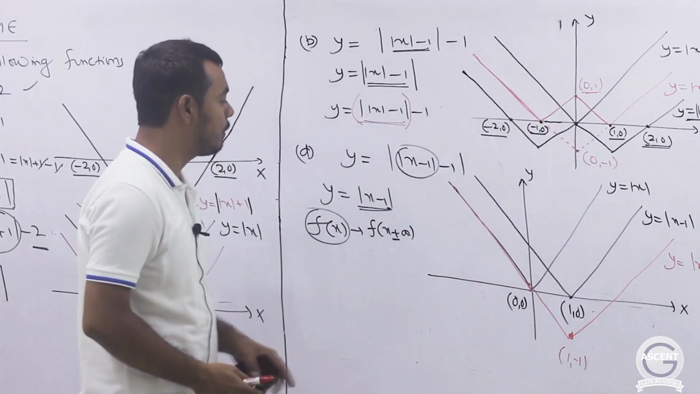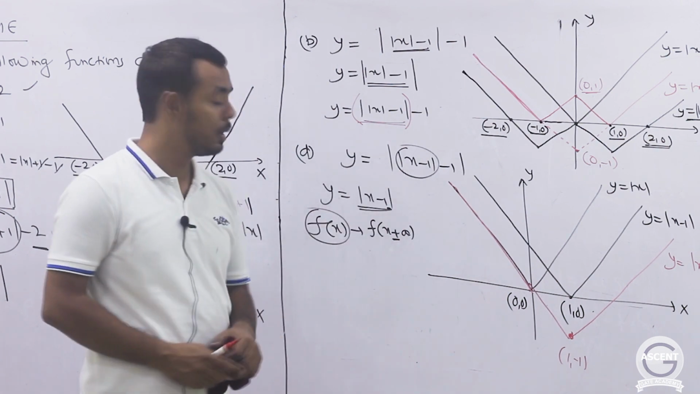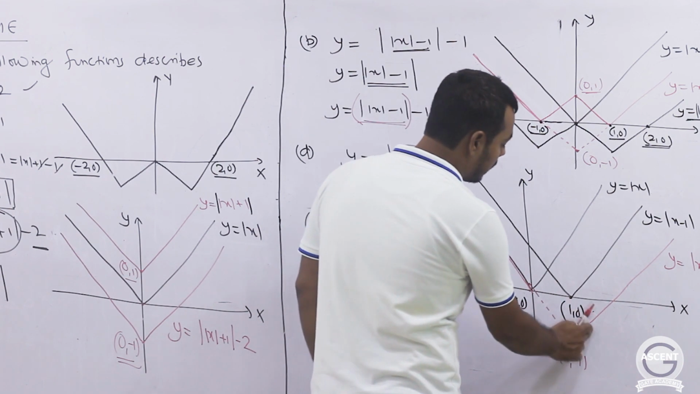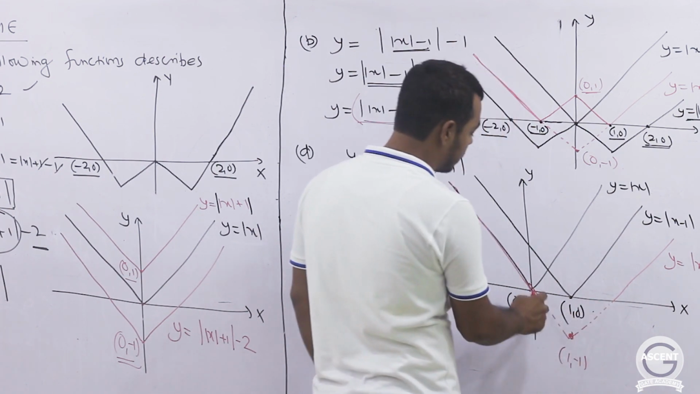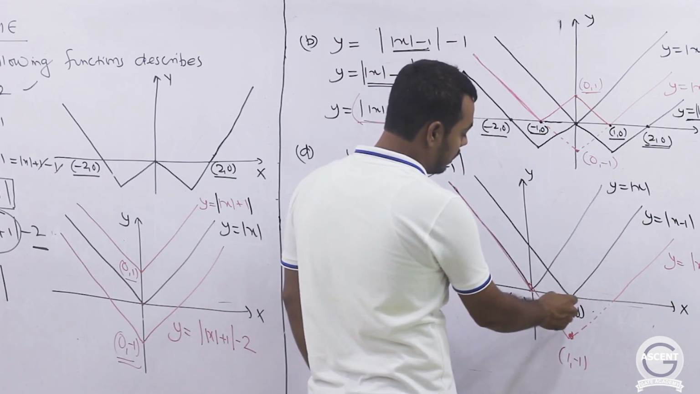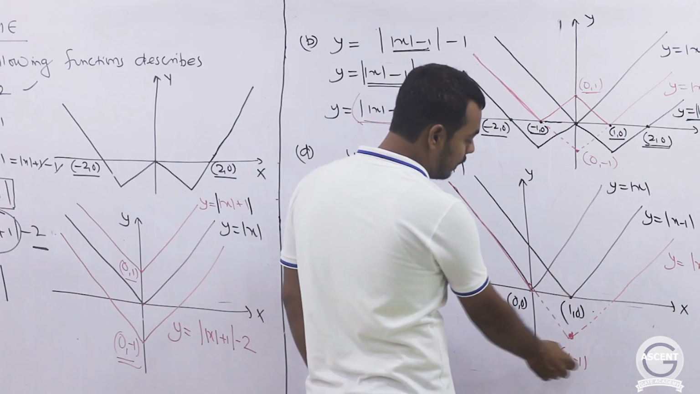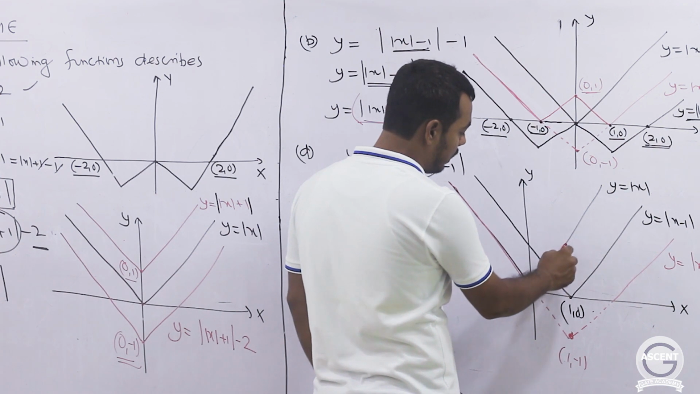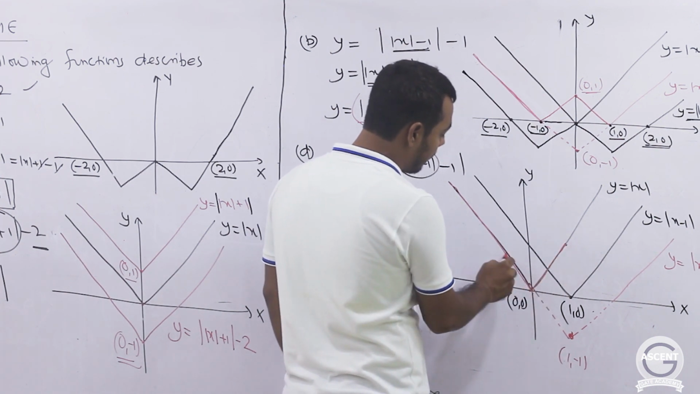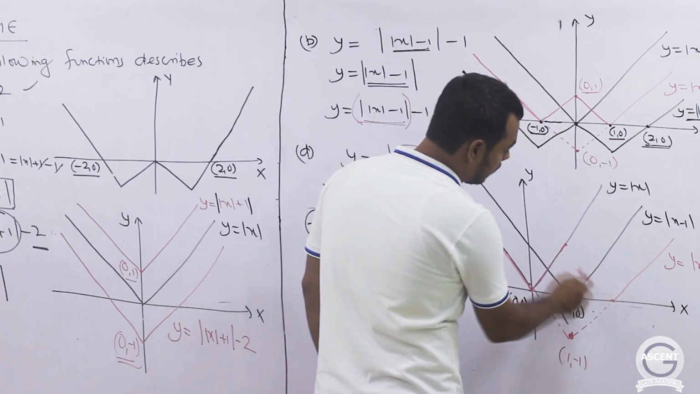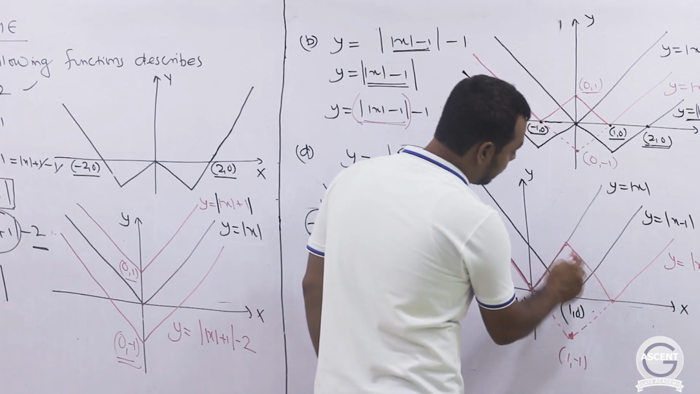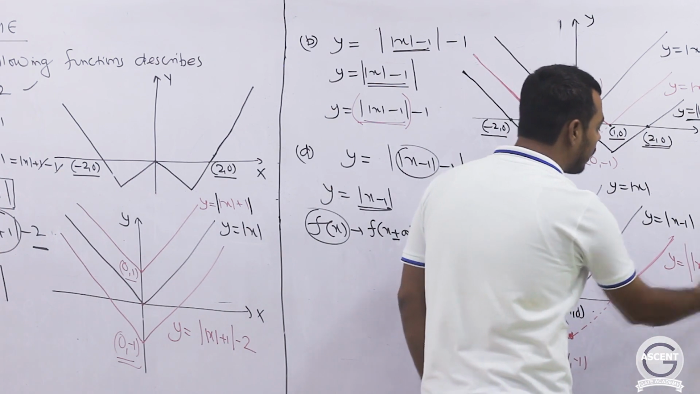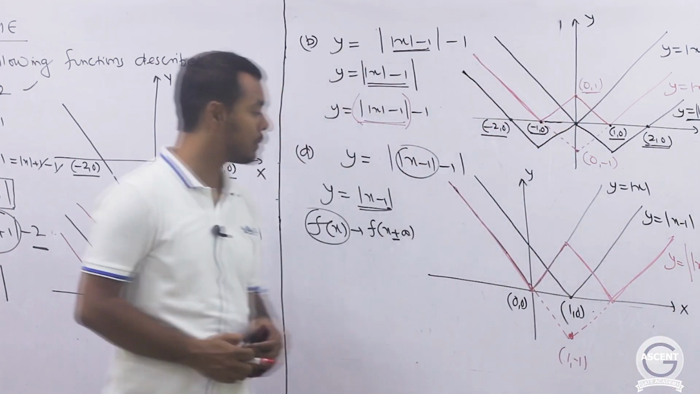Now in the final step we have to take the modulus of this function. So this means erase the portion of graph which is below x axis and then take its image in x axis. So finally you are going to get minus 1 minus 1 will become 1 plus 1, so you will get a line overlapping this line, and then you have to join these 2 points. So finally this red graph is the graph of function y equals ||x| - 1| - 1. Okay,